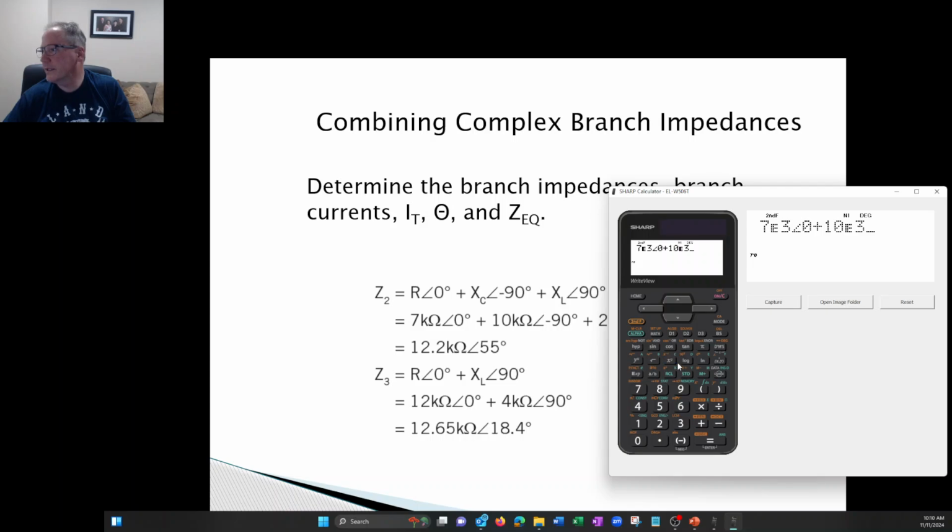And again, that is capacitive reactance, so that's going to be a negative 90, plus 20K, and that's at an angle of positive 90. And if we hit equal there, we get